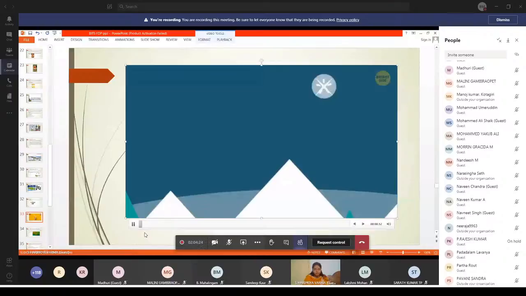And here we can have a short video of the GPU. These are